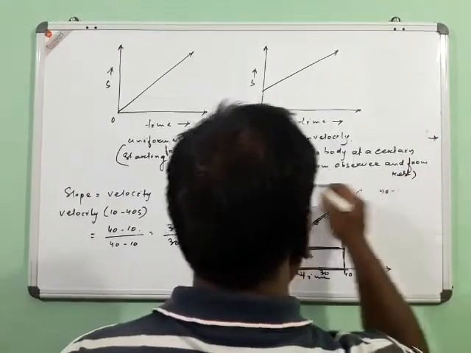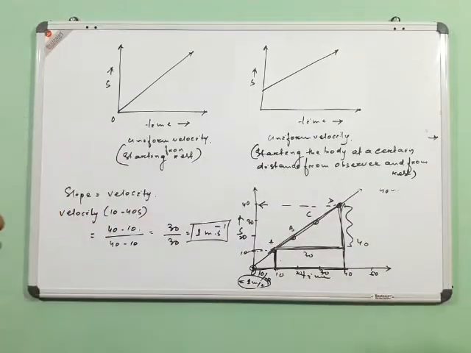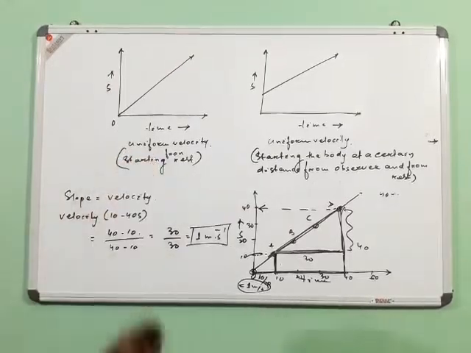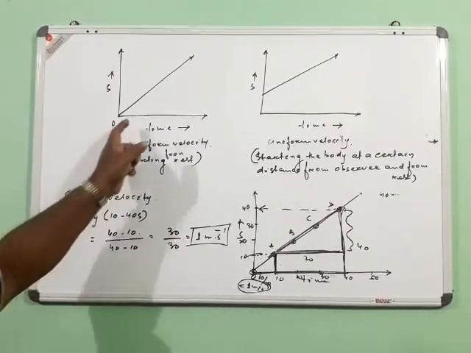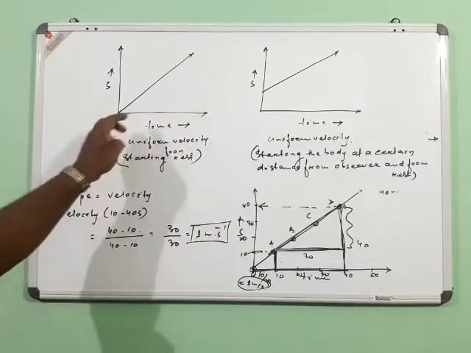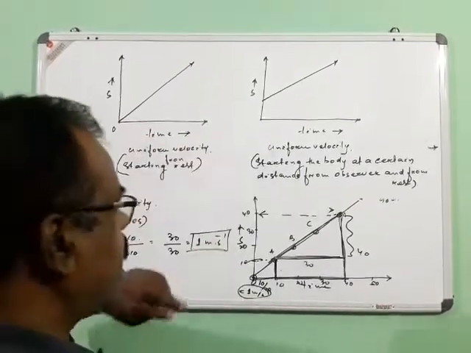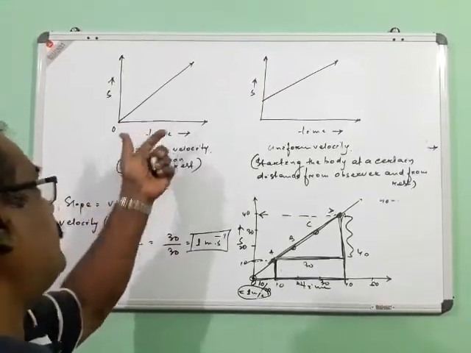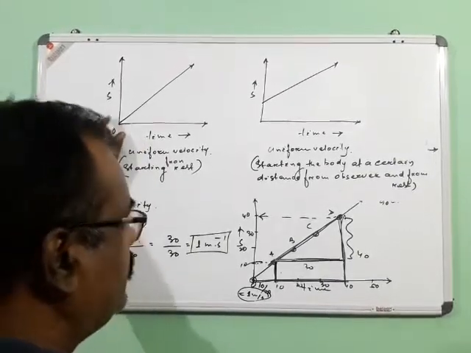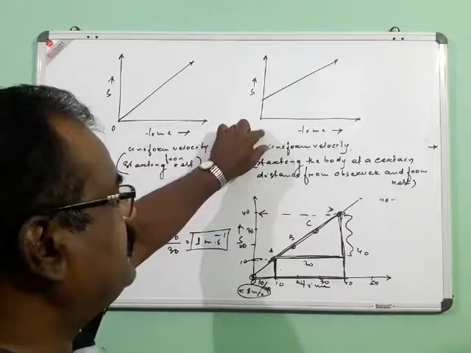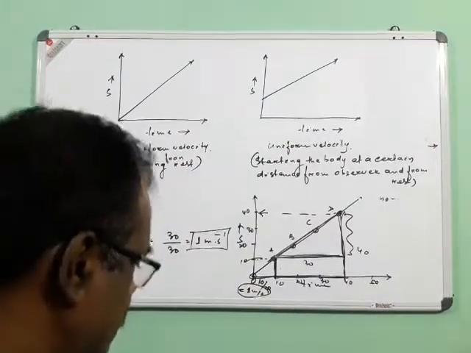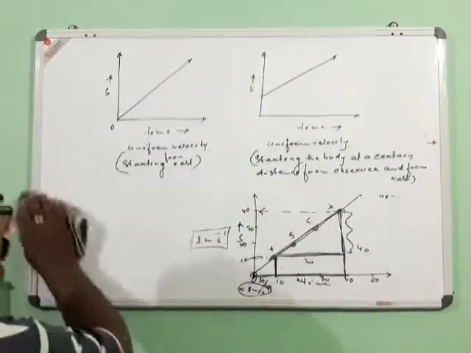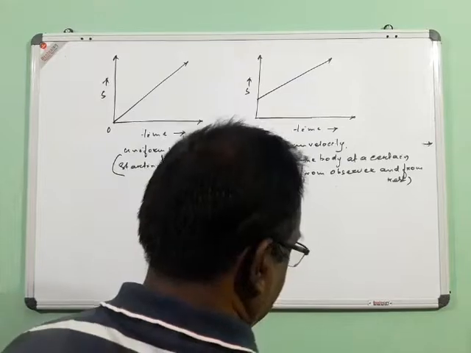So we will be getting two different patterns. In this case, the velocity may be uniform, and in this case, we may be getting that it goes on increasing. The velocity is uniform. The slope is positive, and in this case, the velocity is uniform, but the body starts from very close to that of the observer, whereas here in this case, the body starts from a certain distance. Similarly, the graph may be having a negative slope.